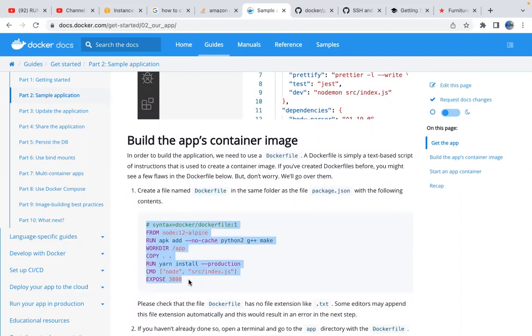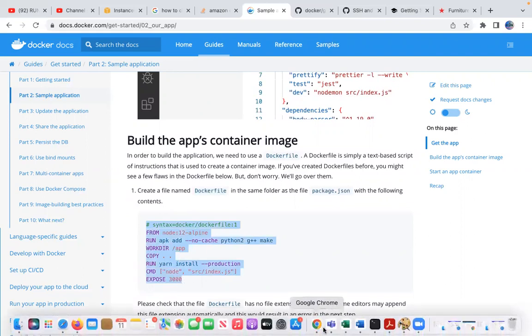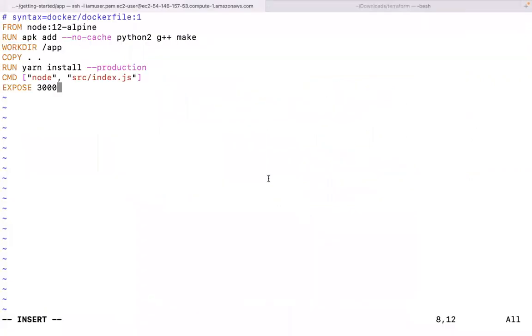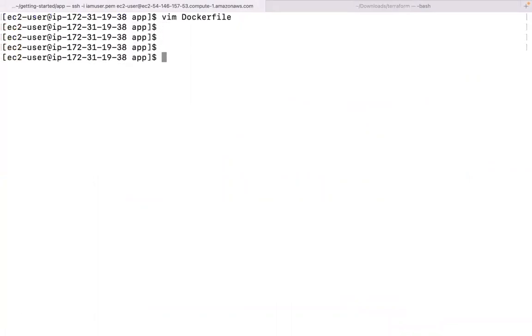So let's expose port 3000. Okay, this is good. Now my Dockerfile is ready. Before that, let me add the user with usermod -a -G docker.